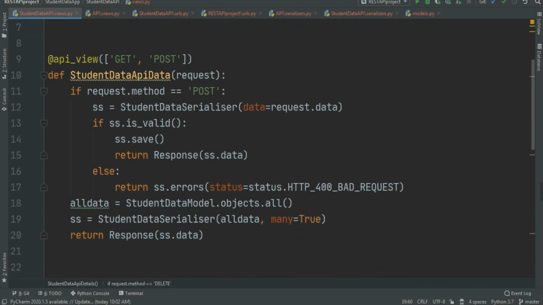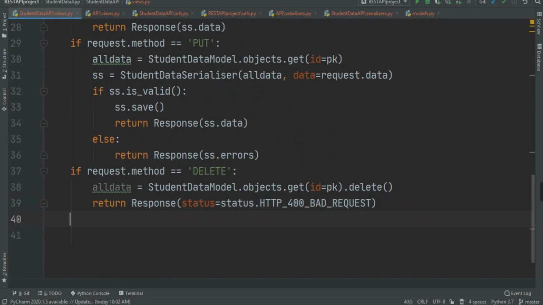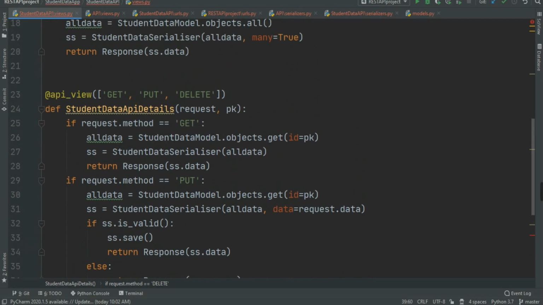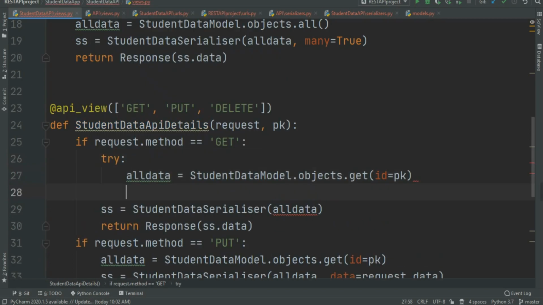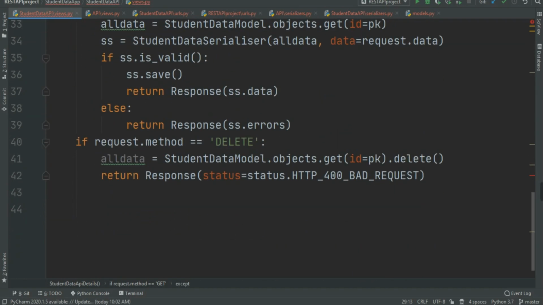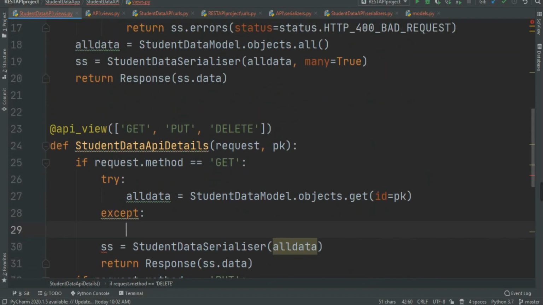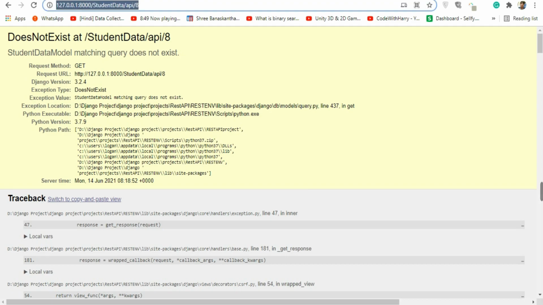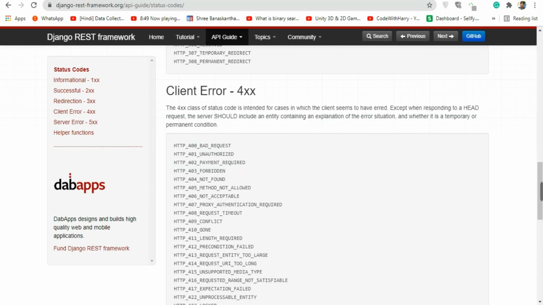Now if I don't want that object error, so what I can do, I can just go in here, if request.method equal to get, and in the last I'm gonna just write the else, or I can directly do this in here. I'm gonna cut this and use this as the try. I'm gonna use the try keyword, and in here I'm gonna use the except keyword. In the except I'm gonna raise the error. I'm gonna copy this error and paste it in that particular area. Okay, now if I reload this, as you can see, I got the error http 400 bad request.